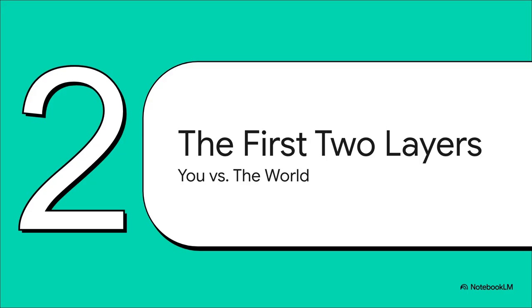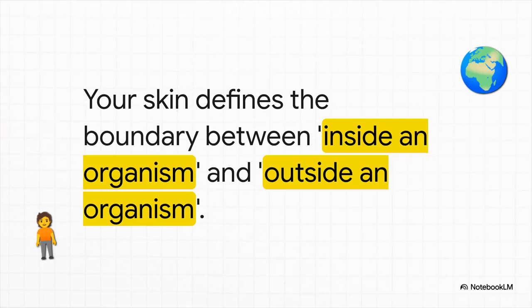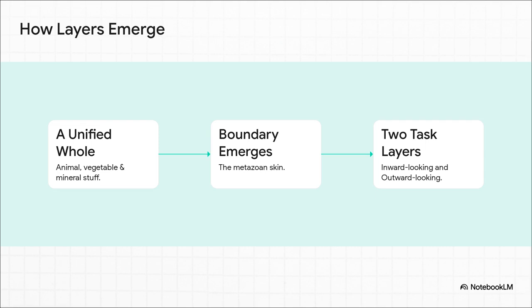So let's make this real. Let's see how this actually works, starting with the most basic and intuitive example there is, the boundary between you and, well, the rest of the world. That very first, super obvious boundary is your own skin. It's a physical wall that creates the first major symmetry break in our lives. It cleanly chops the world into two simple categories: all the stuff that's inside you and all the stuff that is outside you.